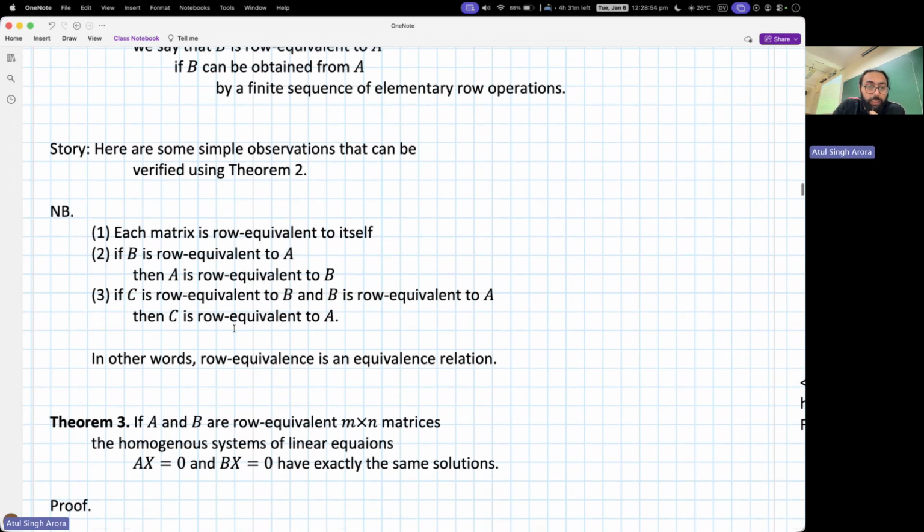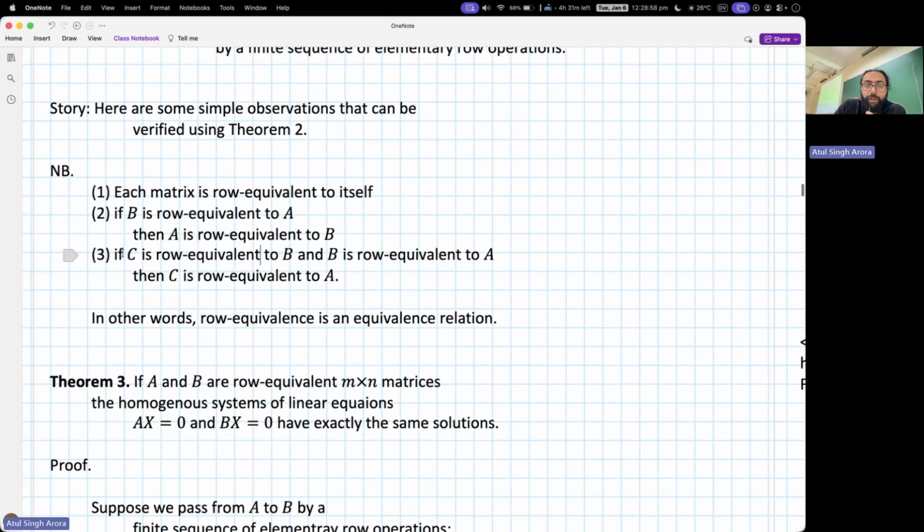If B is row equivalent to A, then A is row equivalent to B. That's fine. And the third step is that if C is row equivalent to B, which means that you can go from